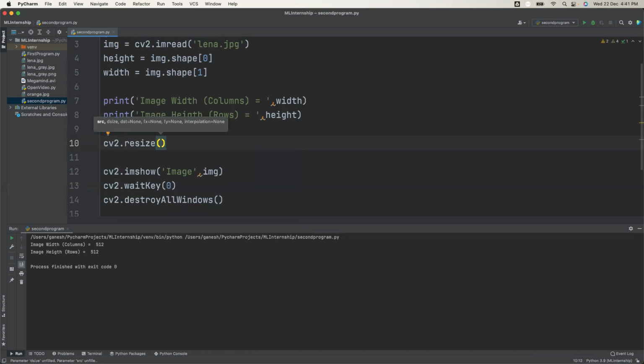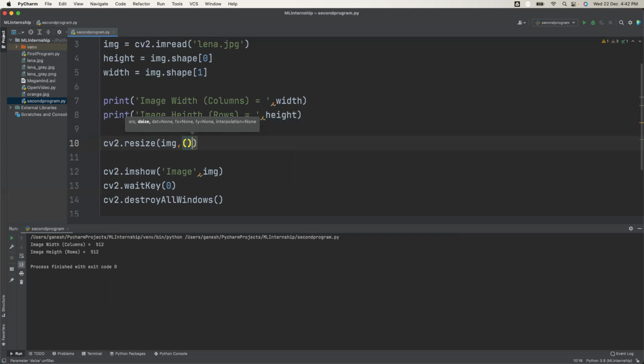The resize function takes the source image first, which image you want to resize. So I want to resize the img image.